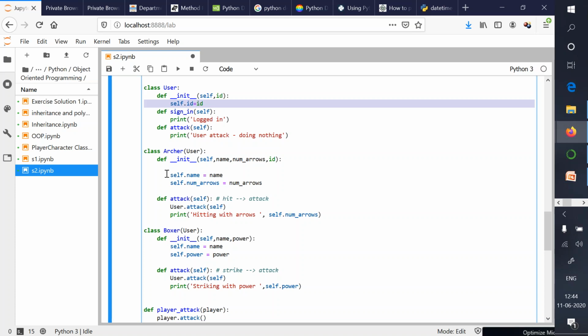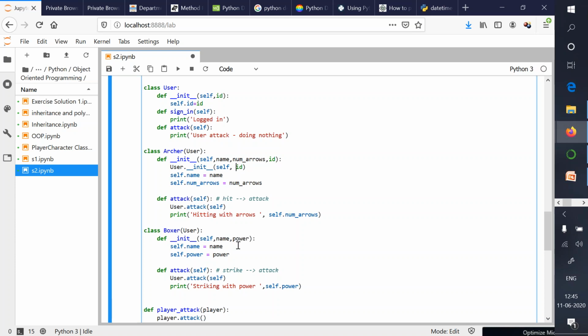One thing that you can do over here is explicitly make a call to the init function of the superclass. You simply write User.__init__ and then pass ID. So this function will get called and ID will be specified. But here you need to mention self also. If you are making a call to the function from outside, there is no need to explicitly mention self. But here, within the definition of a method in the class, you need to mention self like this.